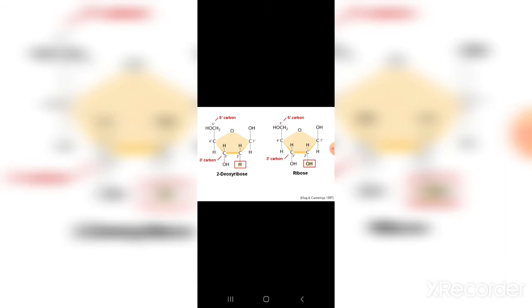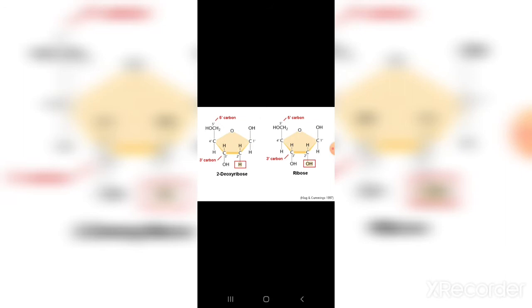If you go through the picture, pentose means 5, right? So the pentose sugar is a 5 carbon compound, right? You can see that this one, 2-deoxyribose, is a pentose sugar. The ribose is also a pentose sugar, which is made up of 5 carbon. The 4 carbons are in a ring, and the 5th carbon is attached to the 4th carbon at the top, right? So this 2-deoxyribose is a pentose sugar.